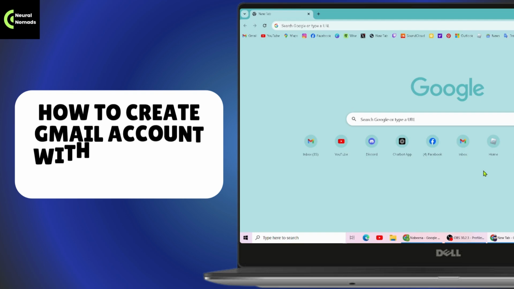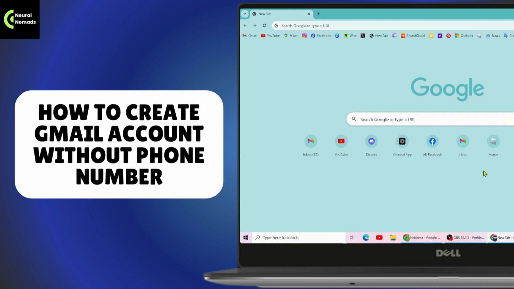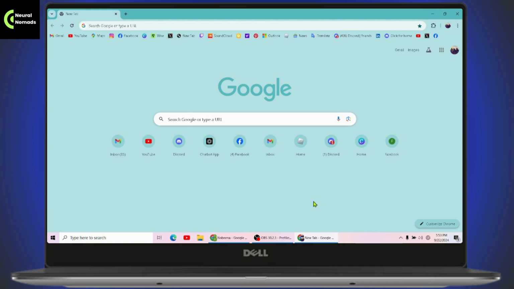How to create Gmail account without phone number. So if you want to create Gmail account without phone number, then what you need to do is first open